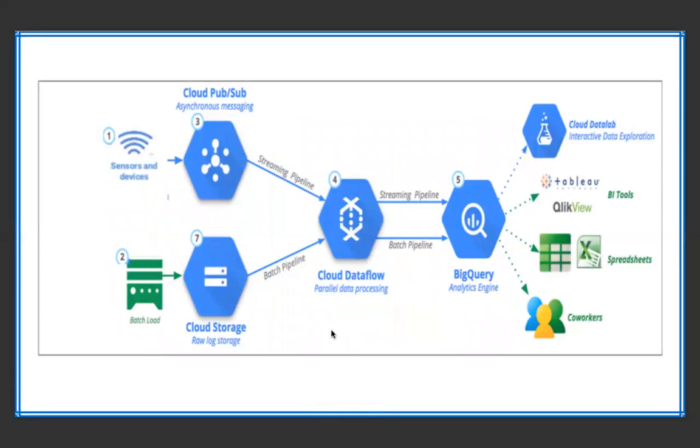So basically, by the end of this particular course, you will learn how to build this scenario. In this scenario, you can see we are building our streaming data pipeline and our batch data pipeline. We are bringing our streaming data onto Cloud PubSub, and we are saving our batch data onto Cloud Storage. Then we can use Cloud Dataflow to build both the streaming data pipeline as well as the batch data pipeline. So after processing, your data will be stored into BigQuery, and from BigQuery, we will use Cloud Datalab and Cloud Data Studio for visualization purposes.